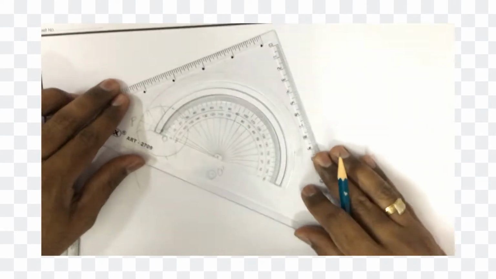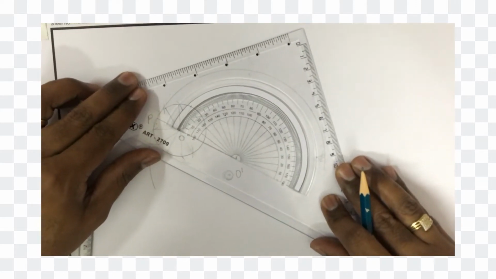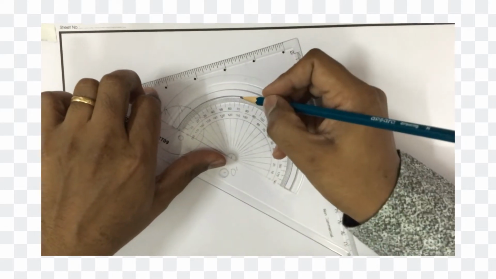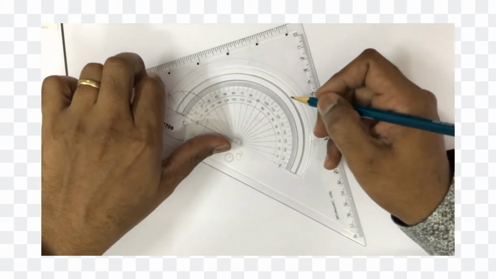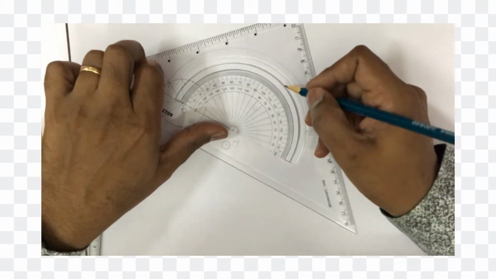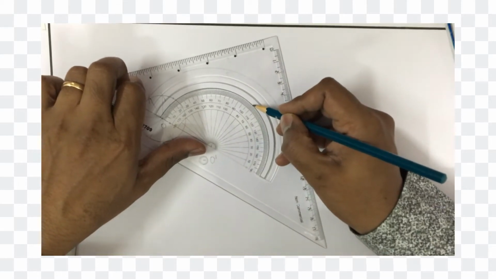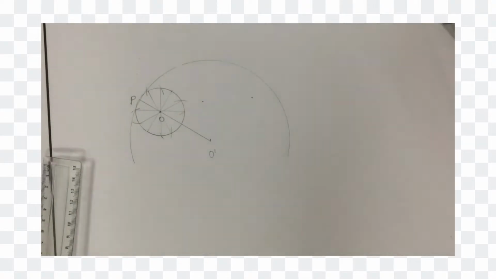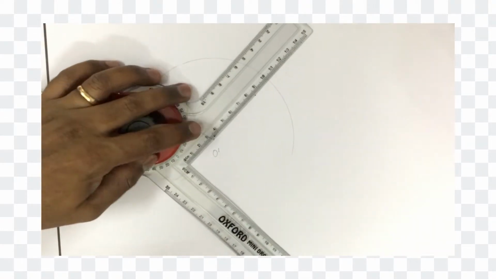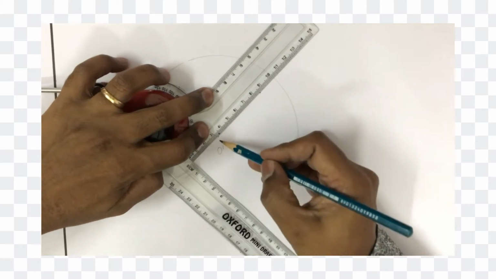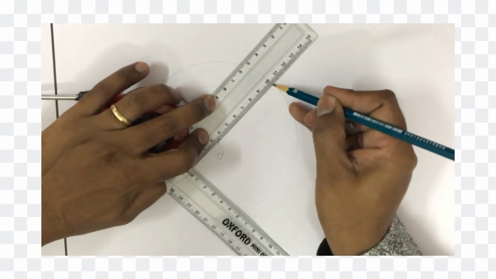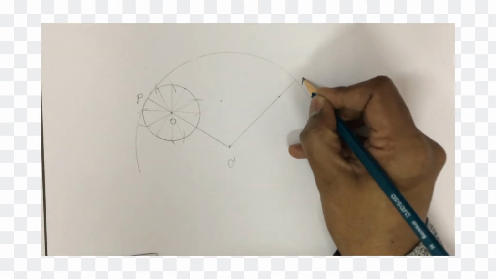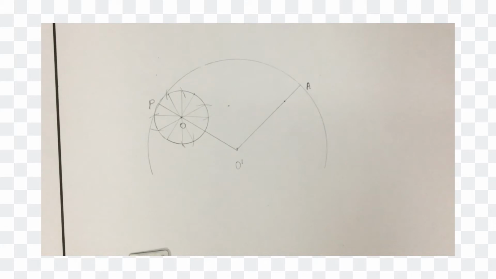So placing your protractor on this point O dash and checking the value of 102.85, or you can take approximate to it 102.9 or 103. So it is here. So here is the point. So make sure to work out this and join this so that the circle rotation is going to end at this point, and this point is the final point. So let this be A. PA is the arc where we are going to end the curve rotation